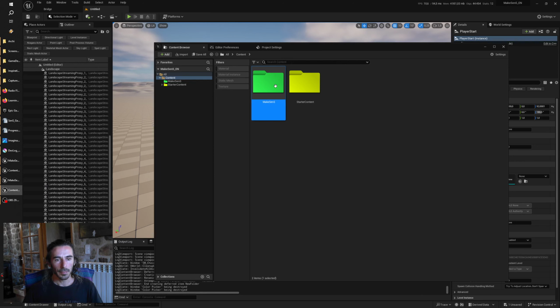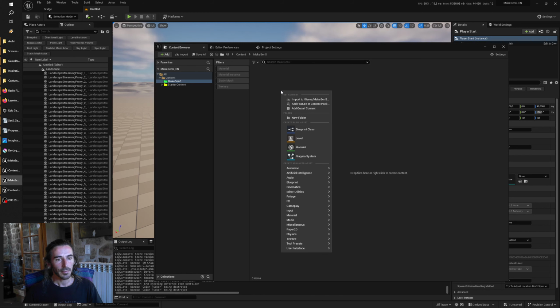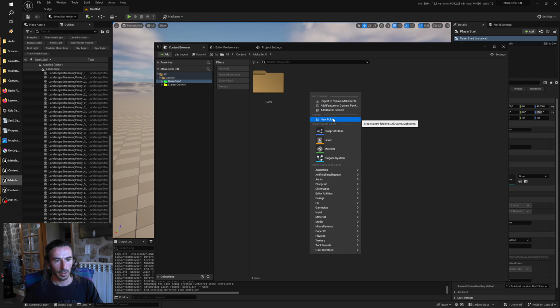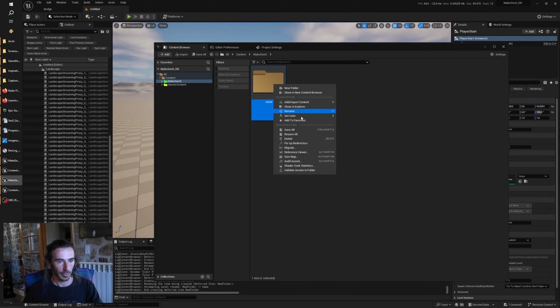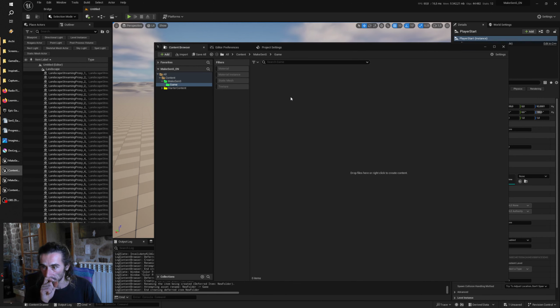And so in MakeSense, I was using blue for the, okay, it's fine. In MakeSense, we will need a game folder where we put all the game features and elements, and we will also give it the same color, and create